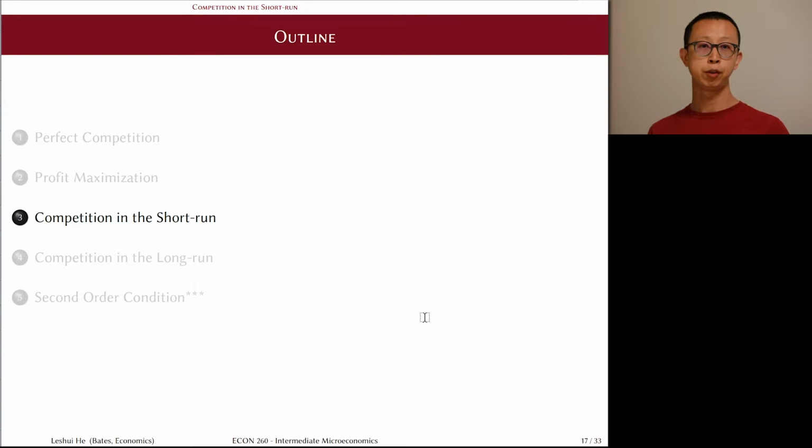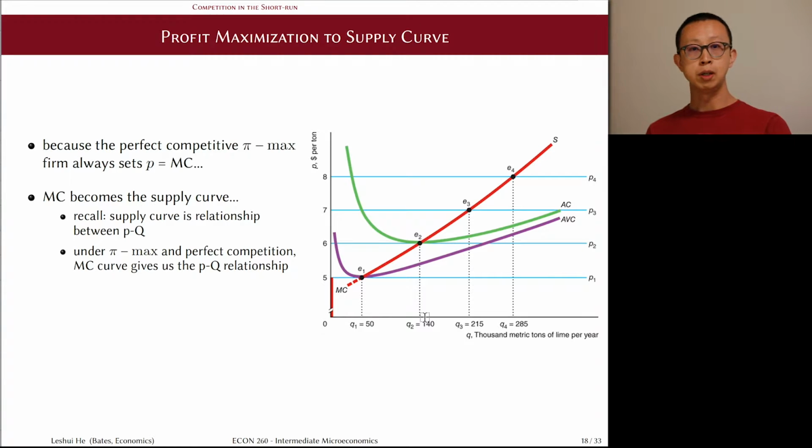In this video, we'll further discuss a firm's profit maximization choices with different timing, in the short run and long run, respectively. First, we'll talk about short run. In the short run, the firm faces non-adjustable fixed inputs and their fixed costs. This feature matters for the firm's decision, and let's look at how it interacts with the firm's output choices to